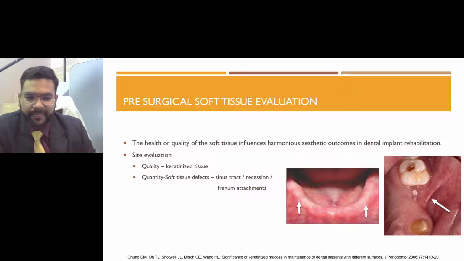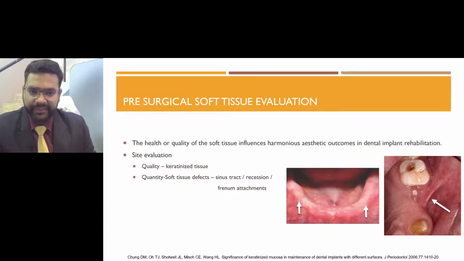checking the soft tissues. The contour of the ridge along the width and the height can be visually inspected and carefully palpated, but it is very important also to evaluate the quality and the quantity of the soft tissue in the site where we are going to place the implant. The quality of the keratinized tissue is very important because it provides a fibrous collar that surrounds the implant and seals off the bacteria from the depth of the peri-implant sulcus. This allows for easier plaque control for the patient and fewer chances of peri-implantitis, with better aesthetics, of course.